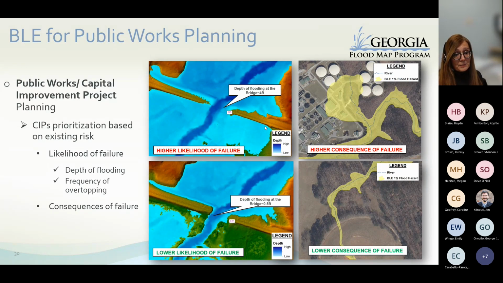Another factor that can help you prioritize any public works projects is the consequences of failure. So depending on what is located downstream of this capital improvement project, you can prioritize one capital improvement project over another. As you can see here in the example, you have a water treatment plant located downstream of